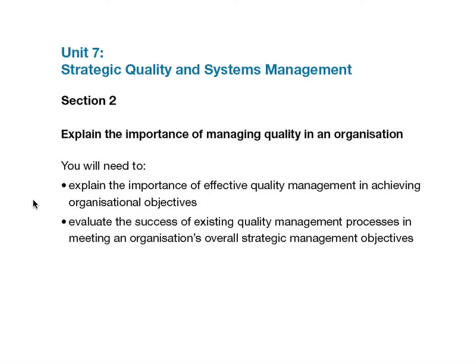Section 2. Quality management encompasses all levels of quality activity: planning, assurance, management, control and continuous improvement, usually contained within a quality assurance management system such as ISO 9001, the Business Excellence Model or similar, and supporting policies. You'll need to refer to these as you discuss how effective quality management is in helping organisations achieve their operational